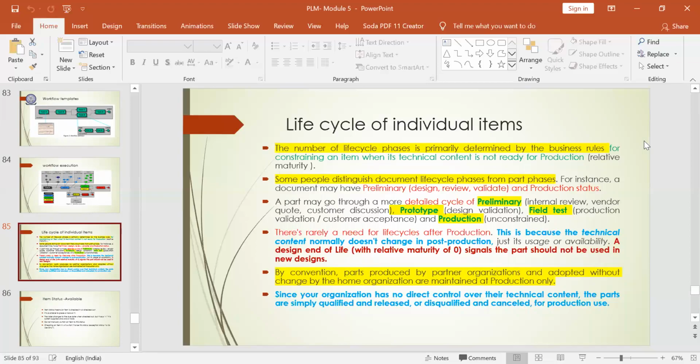Hence many people distinguish the life cycle of a product into 2 categories. One is the preliminary stage, and the other is the production status. Once the product is manufactured, it has its own life cycle, which we have done. During production it has one life cycle, and before production there are many initiations we have to take.